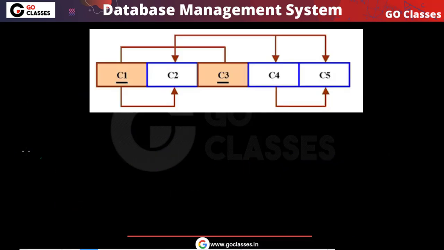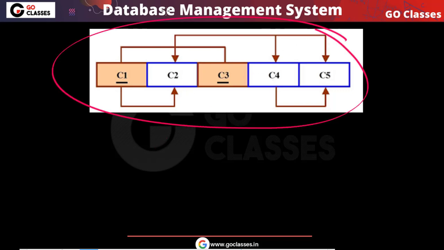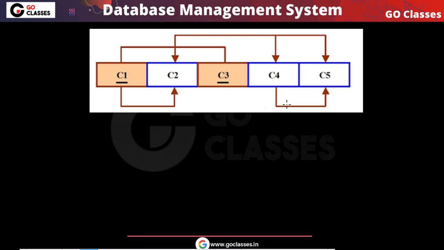Let us take another example. Consider this example. I told you this is another way of representing functional dependencies. Here this functional dependency means that this is the LHS and this is the RHS. So this arrow means RHS. This is a functional dependency, and this is a functional dependency. And here you can note this is the LHS and these arrows are the RHS.